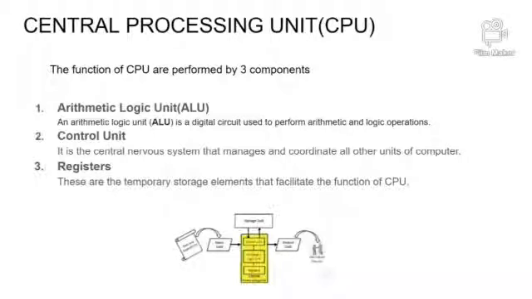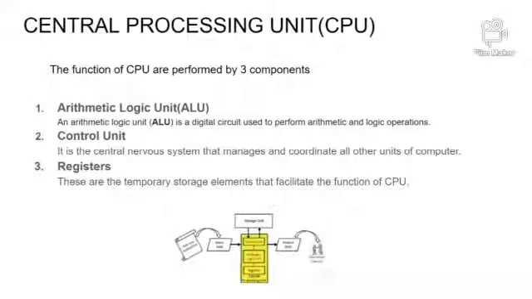Next, we are going to discuss the central processing unit or CPU. As you know, in the human body, all of our decisions are taken by the brain, isn't it? Similarly, in the computer, all major calculations and comparisons are made inside the CPU. It is also responsible for activating and controlling the operations of other units of the computer. That is why the CPU is known as the brain of the computer.